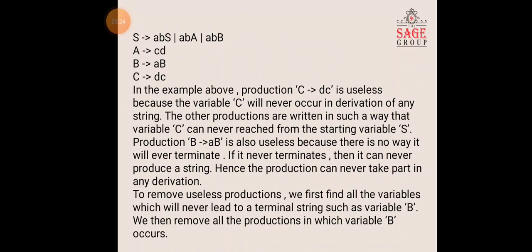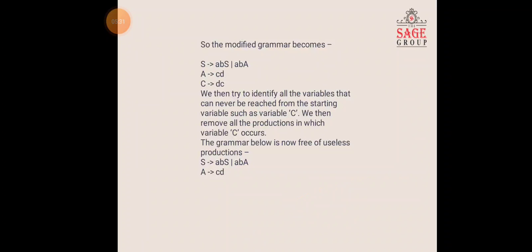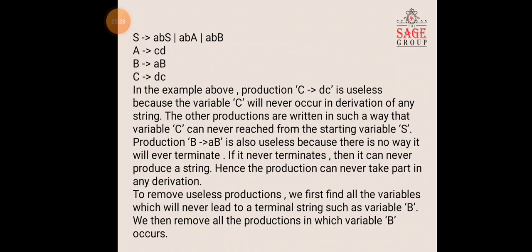Okay, so the production S tends to a, small b and capital B will not be there in the modified grammar. I hope I am pretty clear with this concept, how we are going to remove this particular production. Coming on to A tends to CD, this will definitely be included because no terminal b is present in this production, or no non-terminal C is present in this production.